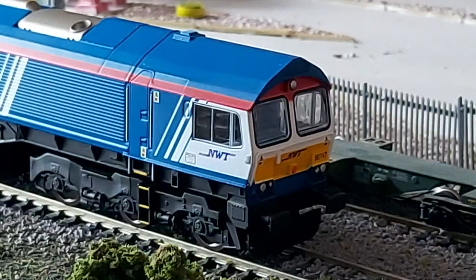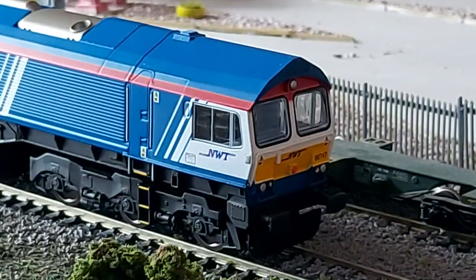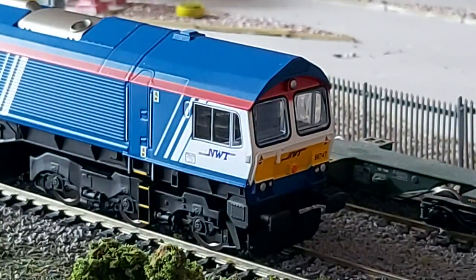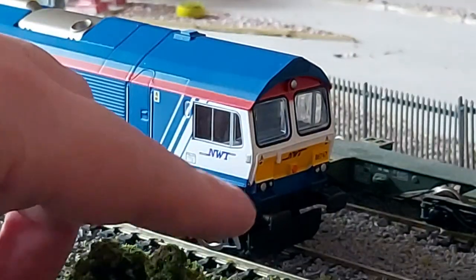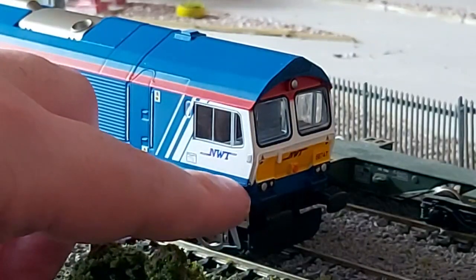So basically, I've had a good look at the photographs of the real thing, 66747, to try and get it as close as I can without taking too many risks. One of the other things that I've done, another small thing, which doesn't seem a lot, but it's made a big difference to this, is that all the edges around the lighting, all this edging here,